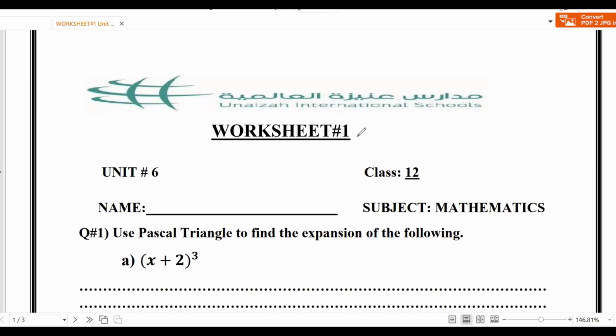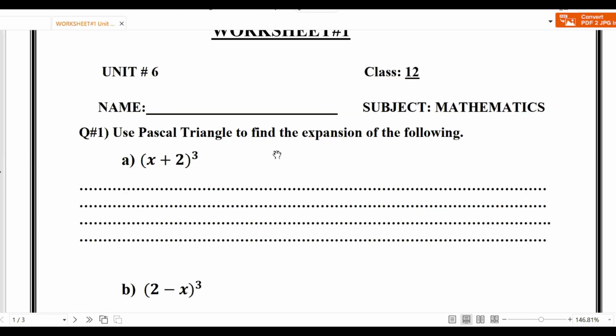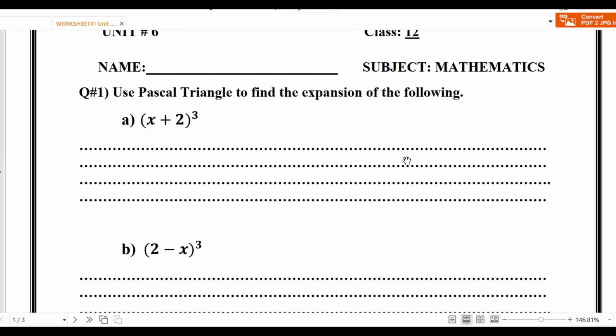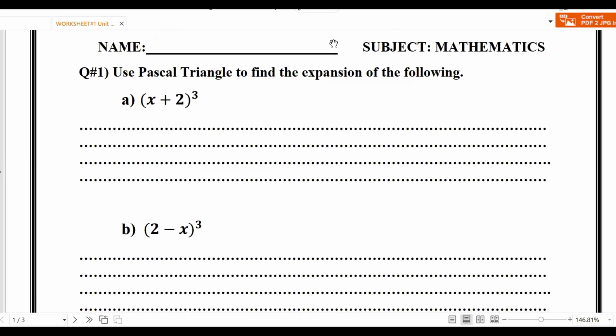We will solve worksheet 1, which is related to grade 12, and this is topic series. First of all, we will discuss Pascal's triangle as well as the binomial theorem, and then see later on. So how to solve the question: use Pascal's triangle to find the expansion of the following. Here the first case is